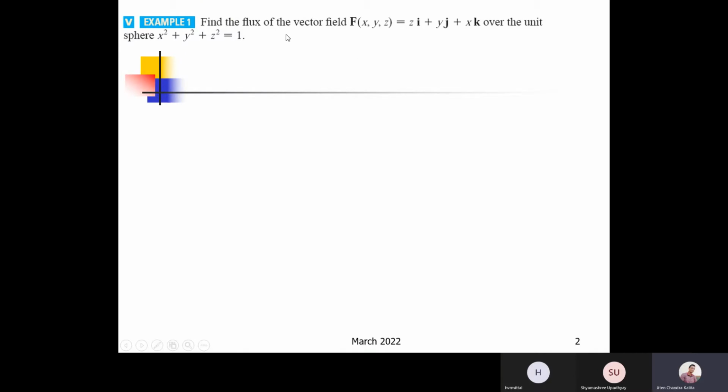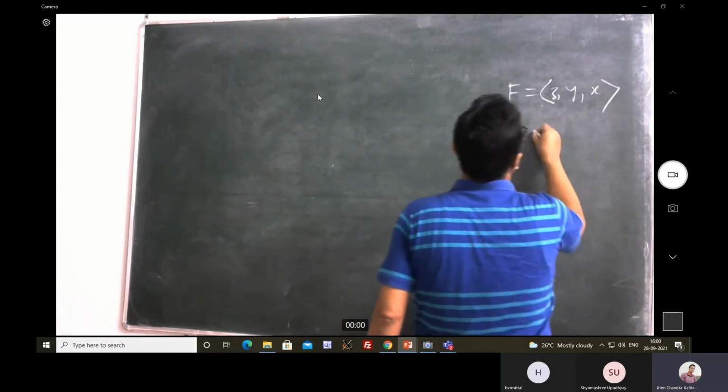So now, if you want to find out the flux of the vector field over the unit sphere, here F is given by this. Let me just write down F: z, y, x. So you are told to find out the flux of this vector field over this sphere